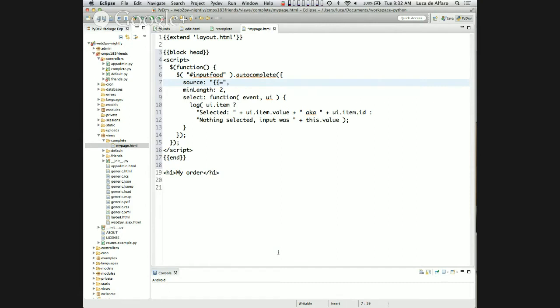Notice, maybe this is not the best possible way of doing it. You know, I would have wanted to define the URL in some other way, but in this case, I'm going to be sloppy and I'm going to plug the URL directly in the code. So I directly created the URL that goes to the controller, how did I call it, complete. And the function for complete, I will call it suggest, okay? So just to give it an obvious name, okay? So this is the URL that will be used in the autocompletion, okay? The minimum length is 2, and then